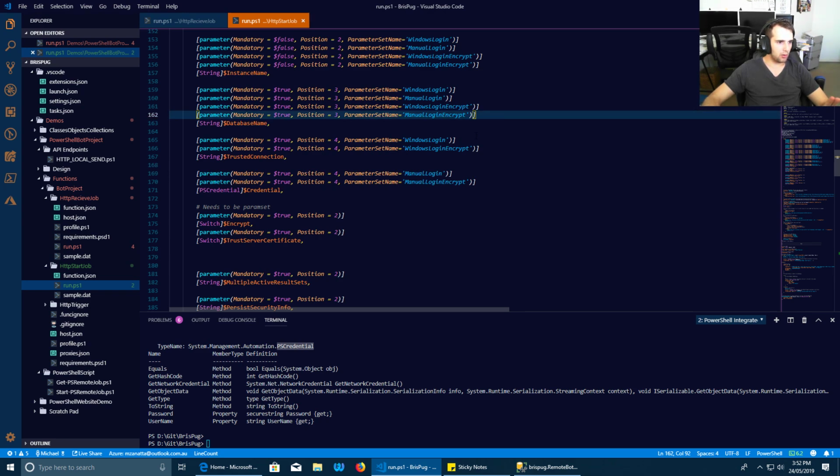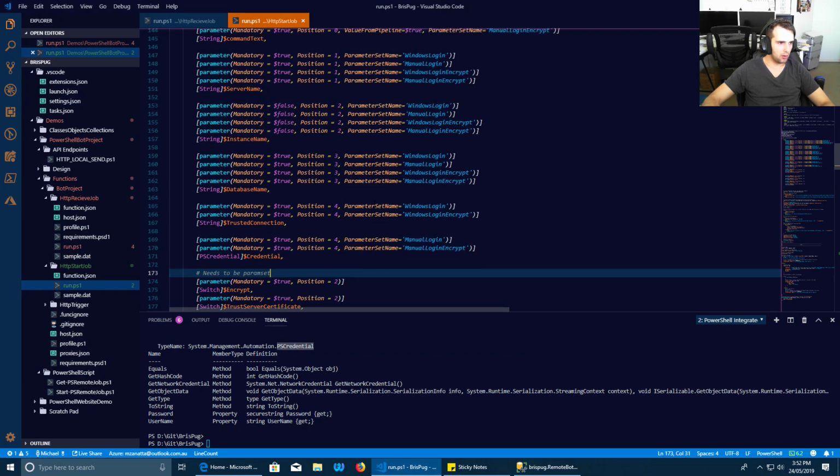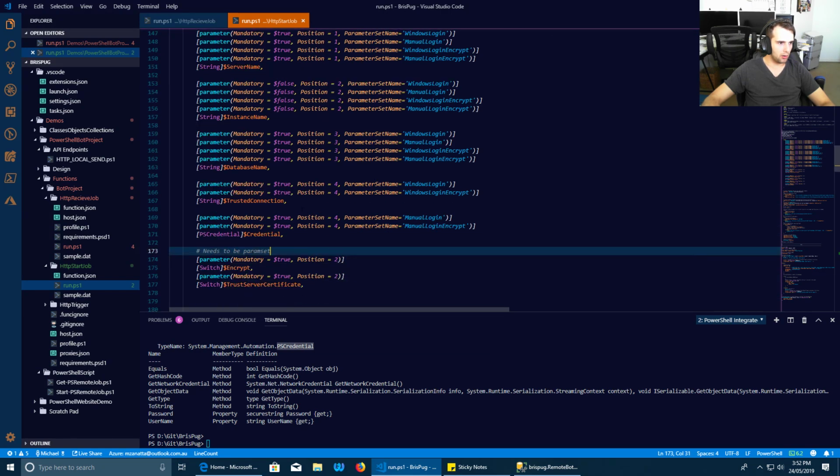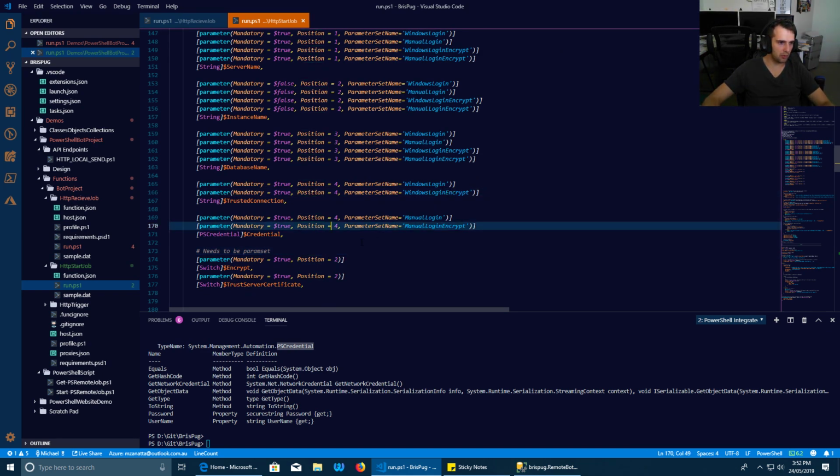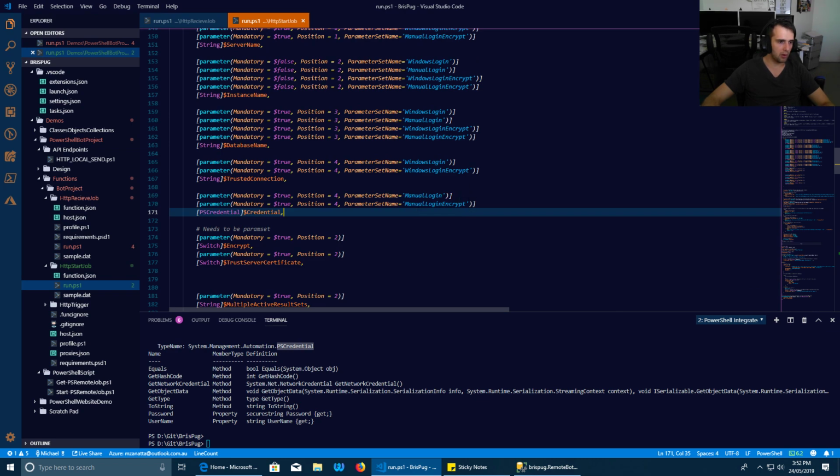So we have credentials. We'll trust the connection, either one. Windows login, encrypt, manual login, manual login, encrypt. So now we need to have,